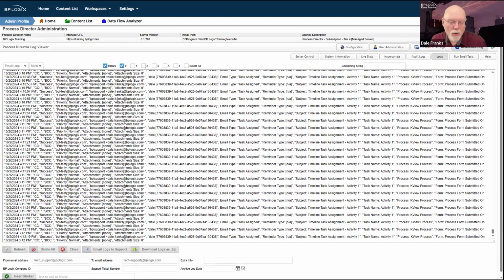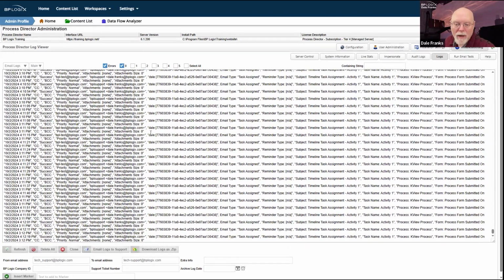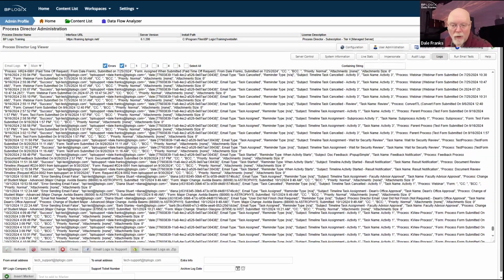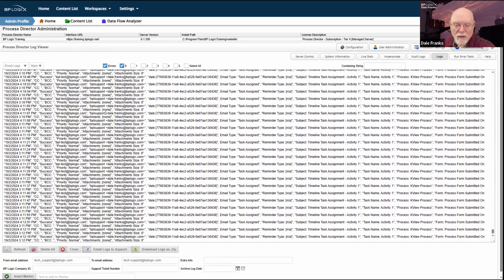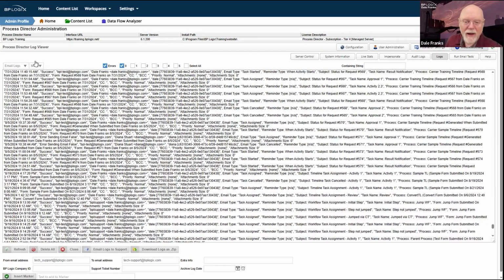Email logs are where all of your email messages that are sent by the system are logged. So you can always go into your email logs to see what messages got sent and whether those messages were successful. All it does is store email attempts. That's it. Anything else that's wrong with your system, it's not going to help you with, but it does at least let you go in and find a specific email to see whether it got sent or not.